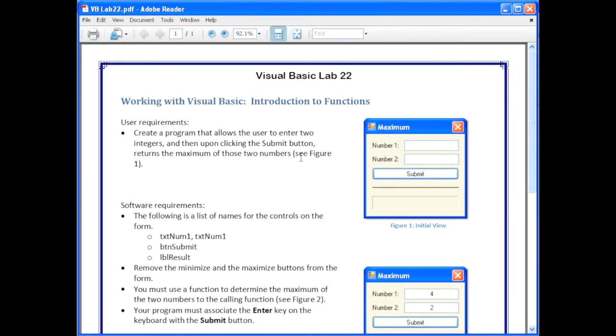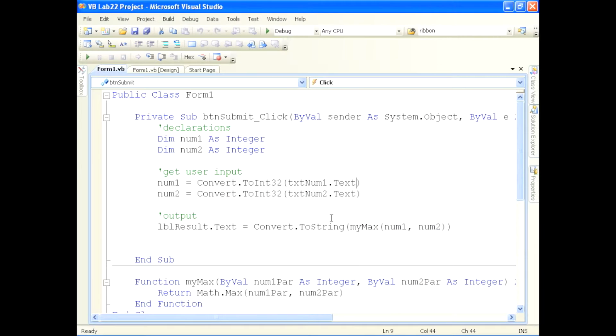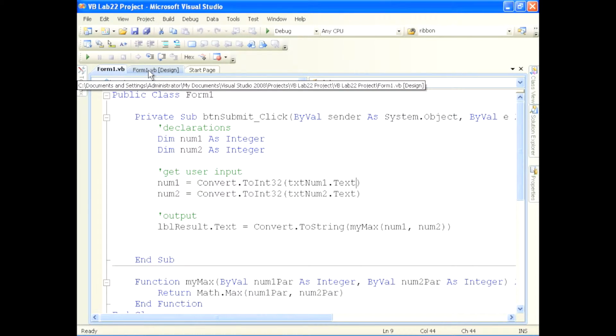We're going to talk about functions in this particular lab. And the idea is this. Let's say that we create an application that allows a user to enter in two numbers. And after they enter in the two numbers, when they click the Submit button, it's going to return the larger of the two numbers. So what I've done is I've already opened up Visual Studio and